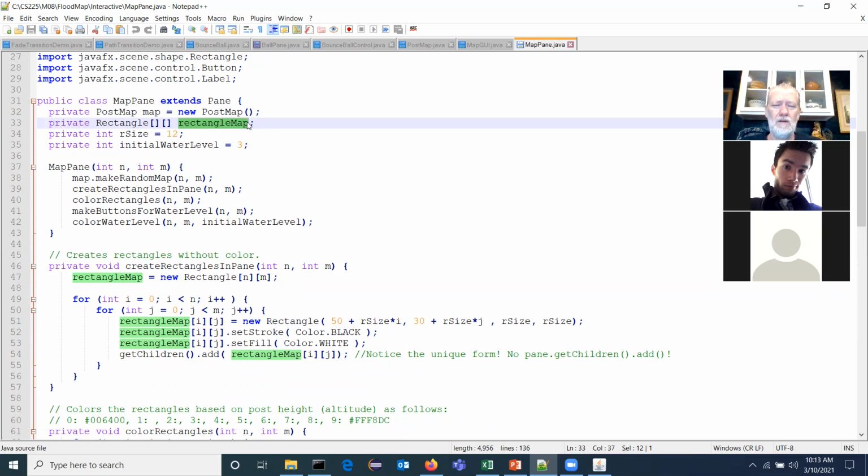That's an array of rectangles. Right, and it's a 2D array of rectangles. That's why I have square brackets, right? So I have rows and columns. So it's a 2D array of rectangles. Now, in this line here, when I say private rectangle map, we know rectangle map is going to be a